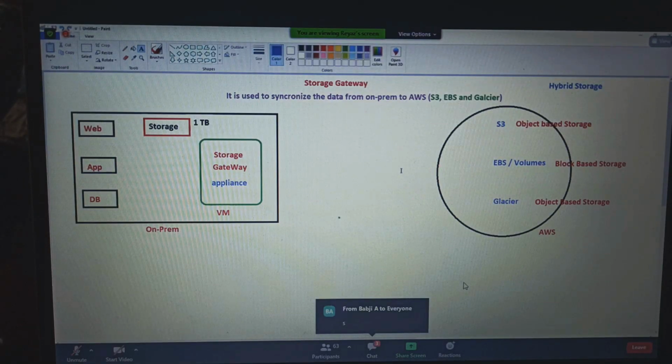Which services should you recommend? Storage Gateway. Getting it, guys? Everyone? Yes? Yes. So here, guys,